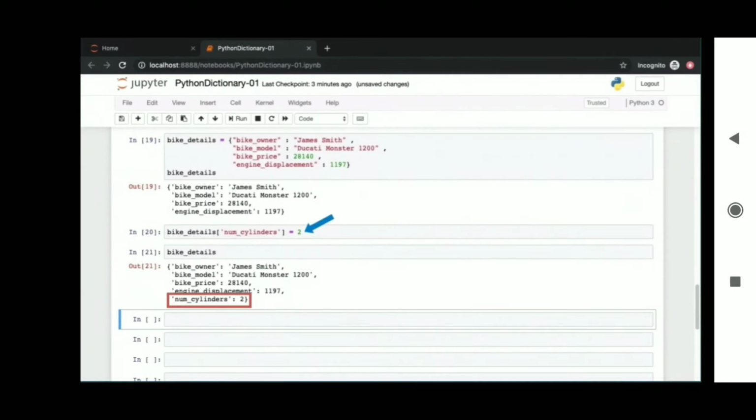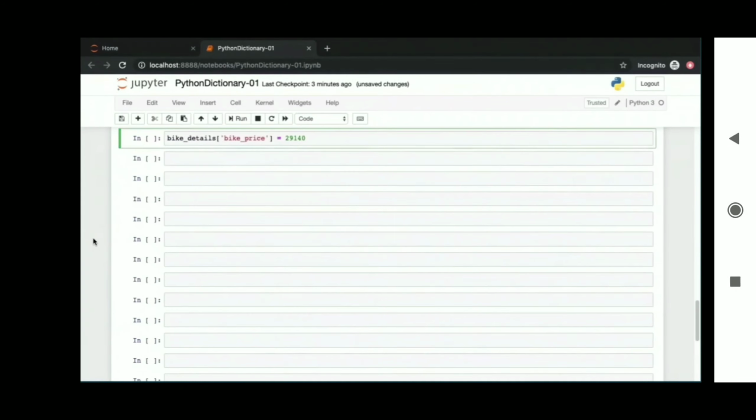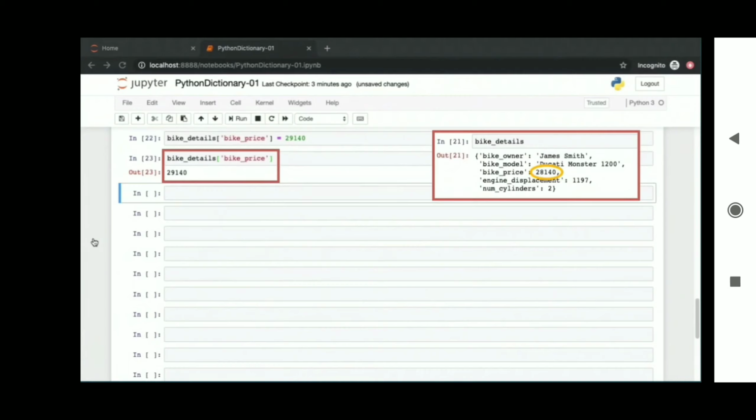In addition to adding new key value pairs to a dictionary, you can also update the value associated with a particular key. Here, I want to update the price of this bike to $29,140. And if you take a look at the bike price, you will find that the corresponding price has been